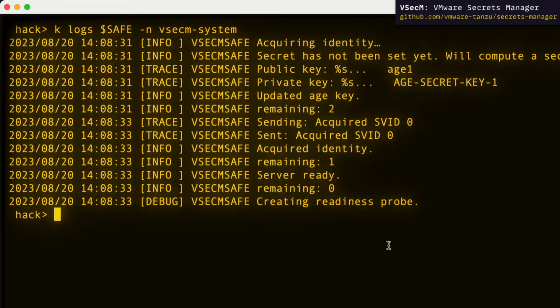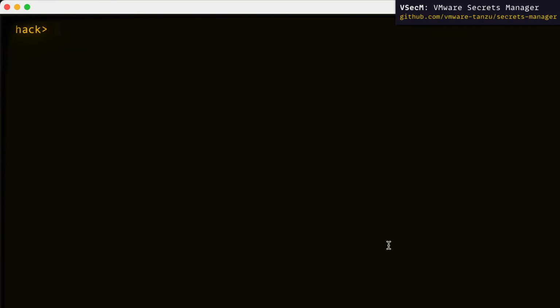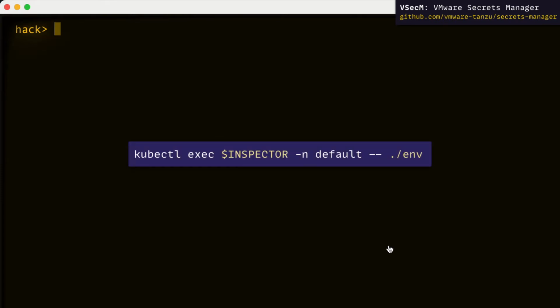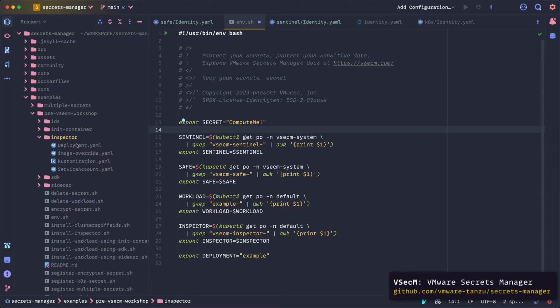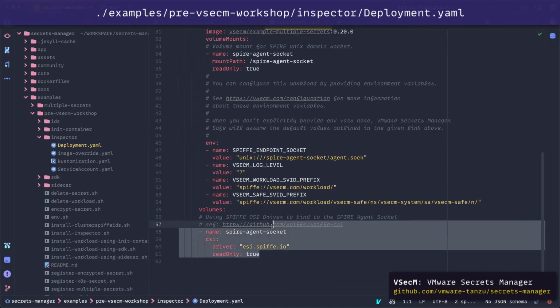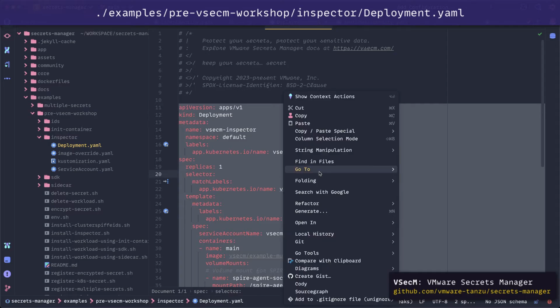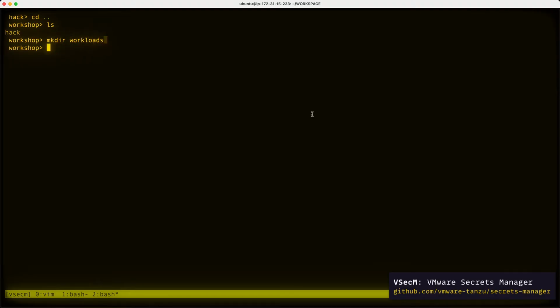Next, I want to create an inspector workload. Our workload will have a binary named env, so when I kubectl exec env in that workload, that binary will list the secrets registered to that workload. Luckily, I already have a deployment manifest from a previous workshop, so I'll copy it and maybe slightly modify it. Then I'll paste it into